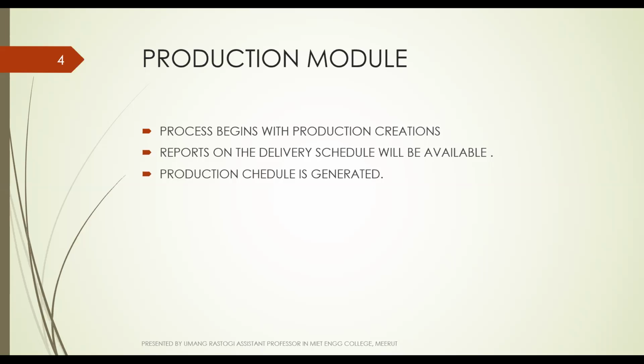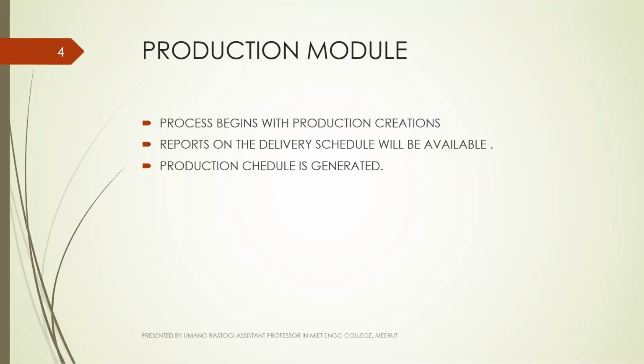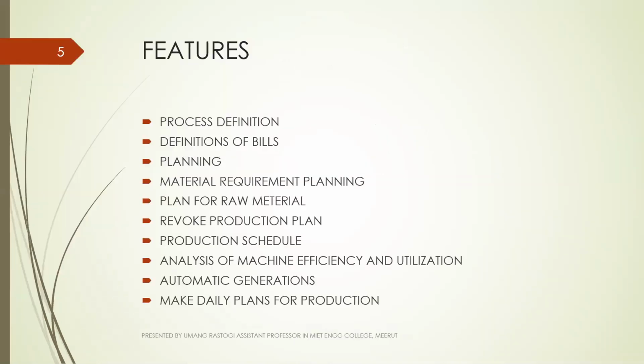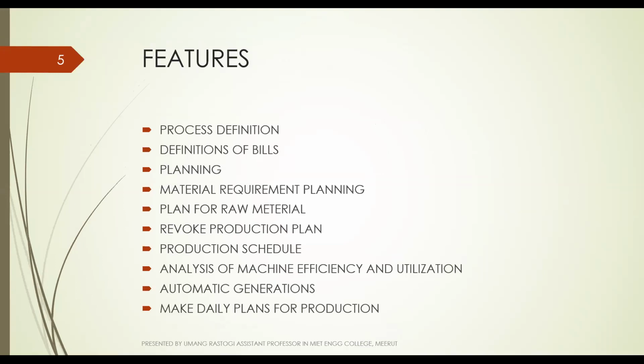Production planning helps an organization plan production with the optimum utilization of all available resources. Material requirement planning is done based on the production advice generated by the sales department. Feasibility of production is evaluated using details like raw material availability and procurement time, machine availability and capacity. So this is called the production module. In the next topic, we will learn about the features of the production planning module.